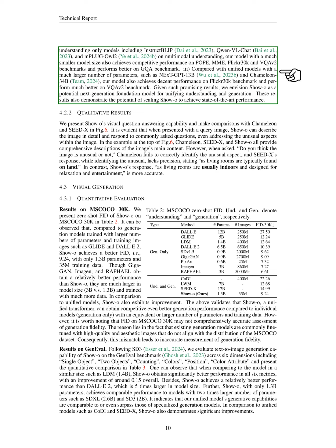Next, when we compare Show-O to other understanding-only models like InstructBLIP, Qwen-VL-Chat, and mPLUG-Owl2, we find that our model, which is smaller in size, still achieves competitive results on benchmarks such as POPE, MME, Flickr30K, and performs even better on GQA. Additionally, when we look at larger unified models like NExT-GPT-13B and Chameleon-34B, Show-O still shows decent performance on Flickr30K and significantly outperforms on VQAv2. These encouraging results lead us to see Show-O as a promising next-generation model for integrating understanding and generation, with the